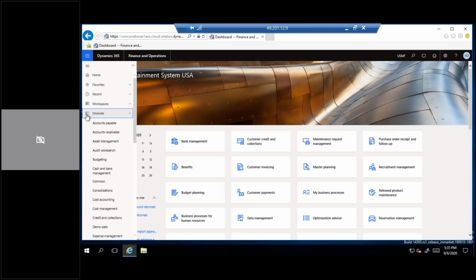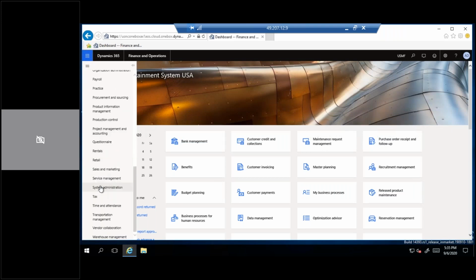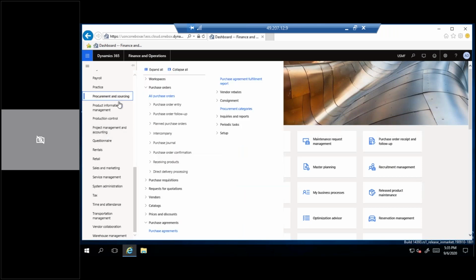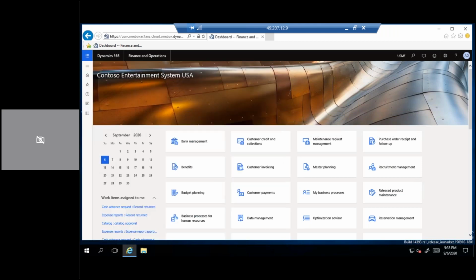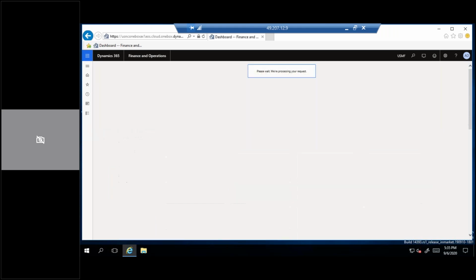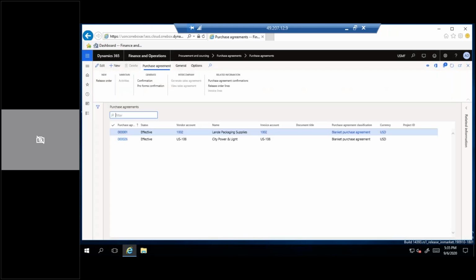In the purchase agreements, while creating purchase or sales, both sides, it is exactly vice versa in sales also. Purchase agreements are for vendor versus your company. Sales agreements are you versus your customer. Okay. So while creating this purchase agreement,